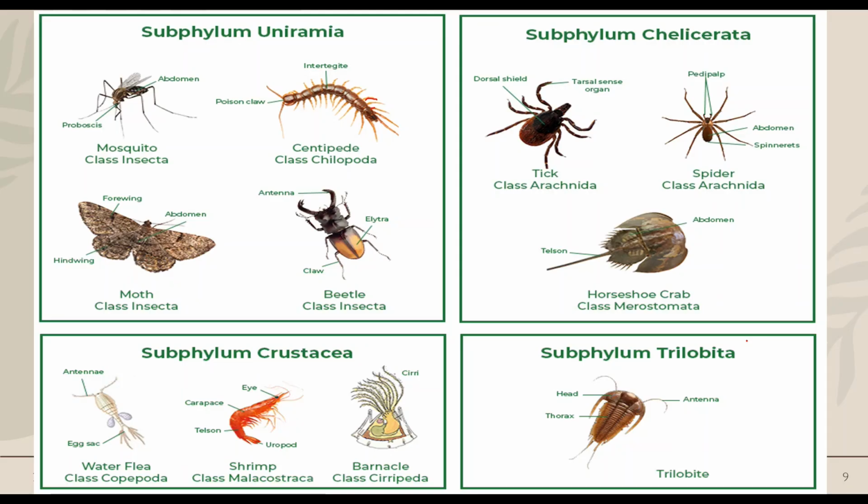So this is the whole Arthropoda family. If you see, this is the mosquito, centipede, moth, beetle, spider. This is the trilobita which is extinct, right? Crabs, lobster, all these are actually subphyla of Arthropoda. So if you see carefully, they have unique features. They have jointed legs and they have a segmented body, and these are actually segmented in nature, and they have some antenna also, and one more, they have a hard exoskeleton. See, every organism has a hard exoskeleton.